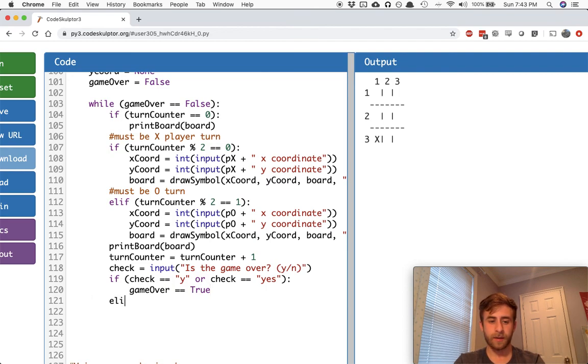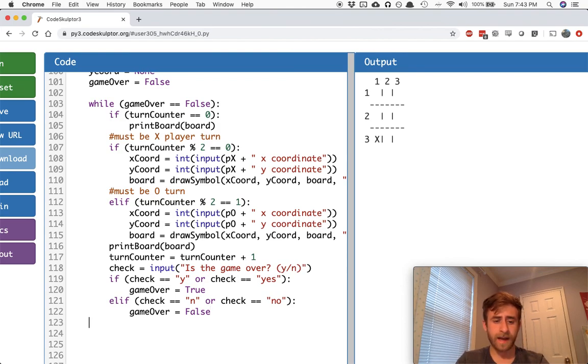And elif check equals no, the game's not over, or check equals just another version of no. And here you could type tons of different versions of no or yes. Then we're going to keep game over as not double equal, setting value false. And then else we're going to say